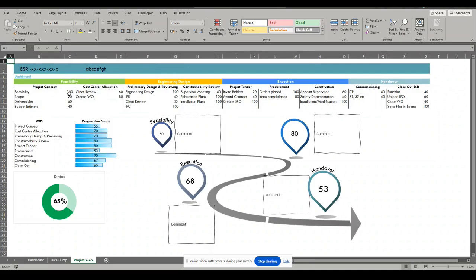Next, we have the project sheets. Each project gets its own dedicated sheet, which makes tracking and managing individual projects incredibly efficient. You can monitor task progress, set deadlines, and update statuses, all within a single, streamlined view. The simplicity and clarity of each project sheet make it easier for you to manage day-to-day operations without getting bogged